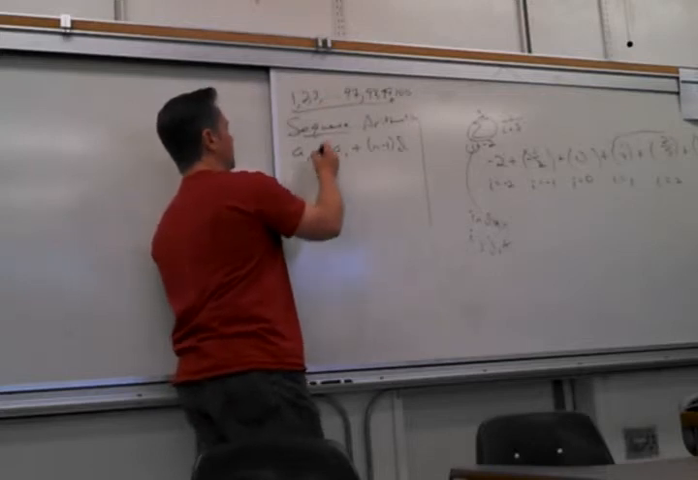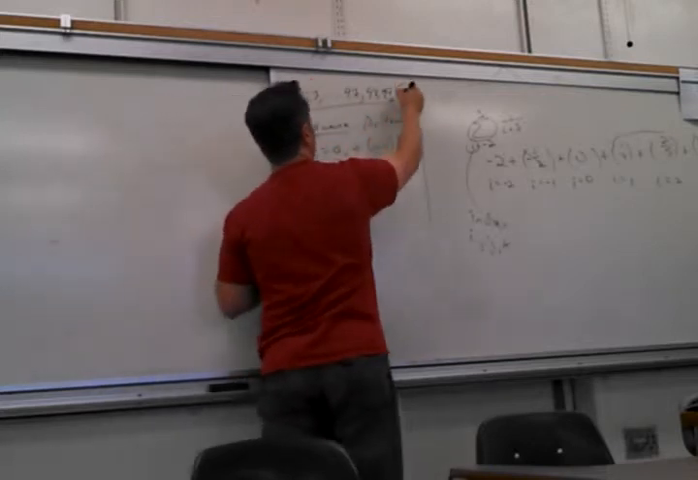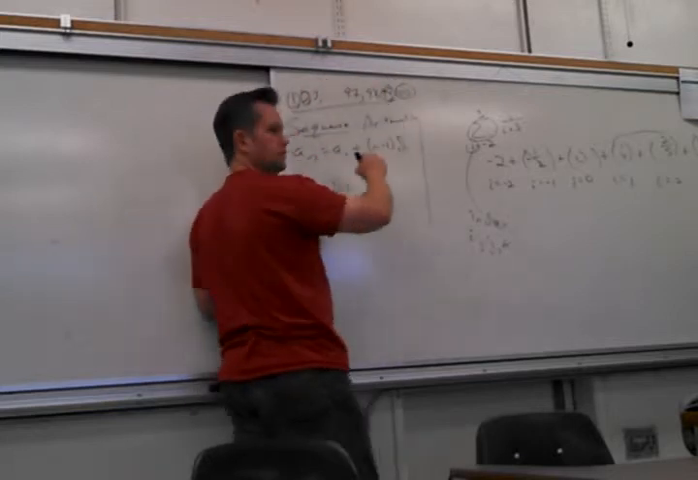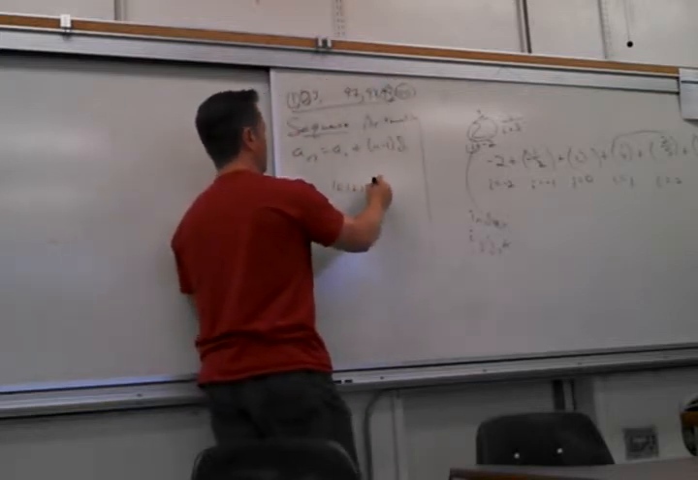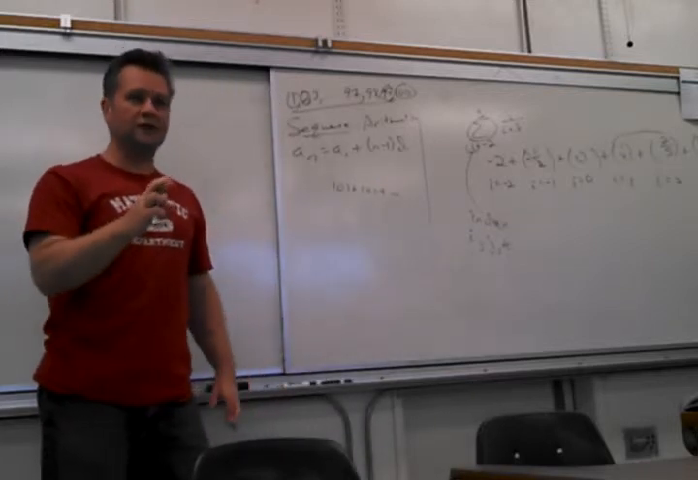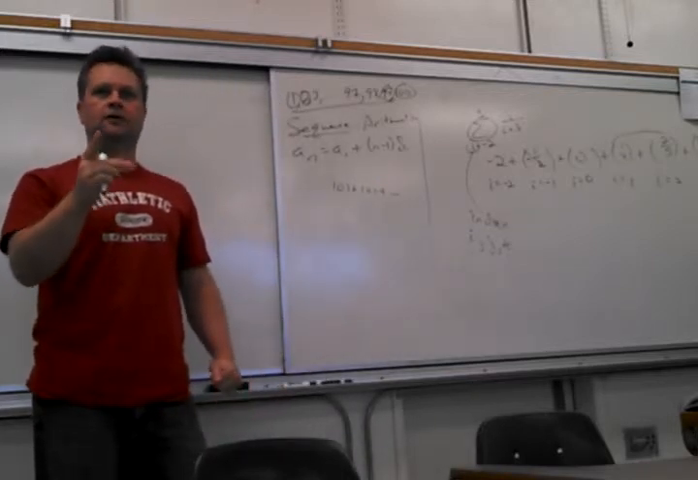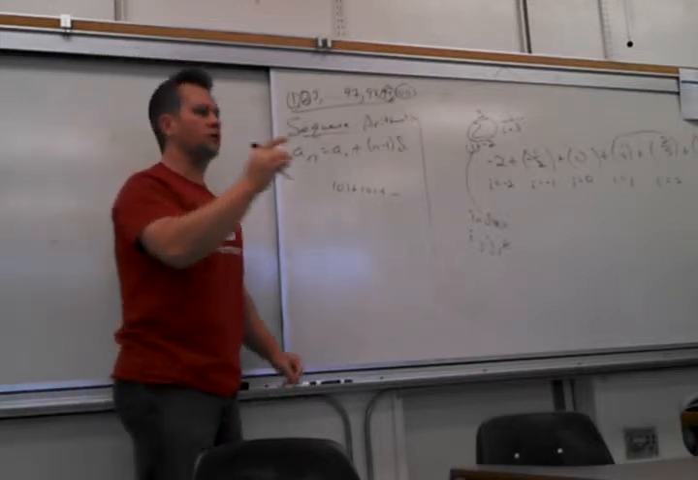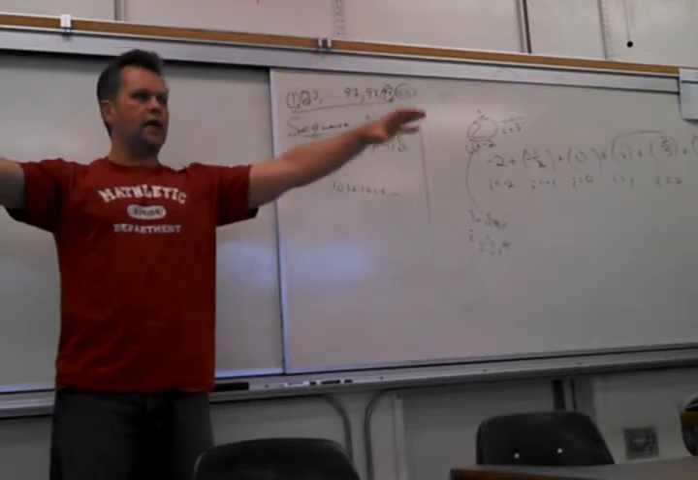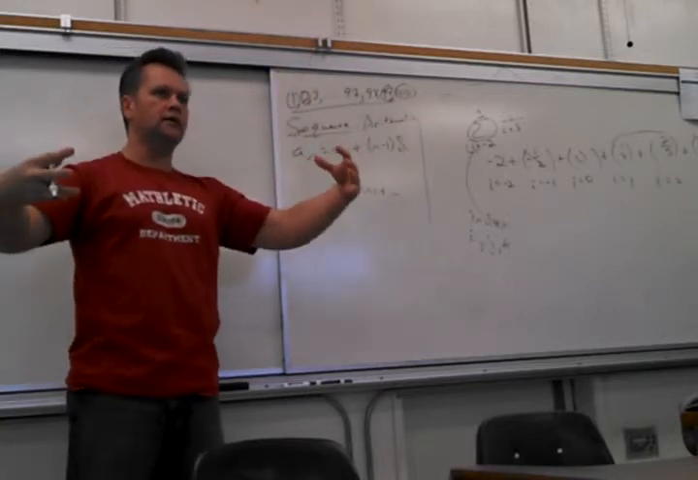But here's the cool thing. What's 1 plus 100? 101. What's 2 plus 99? 101. How many times is that going to show up? 50 times. So what he realized was, if I have an arithmetic sequence, A1 plus AN will be repeated